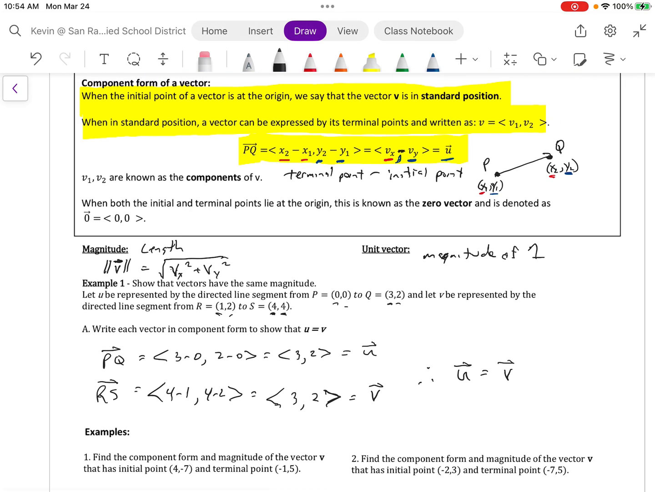Okay, we're going to get into multiple examples here, but I've got to run for a minute and handle